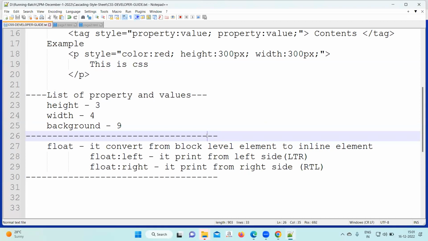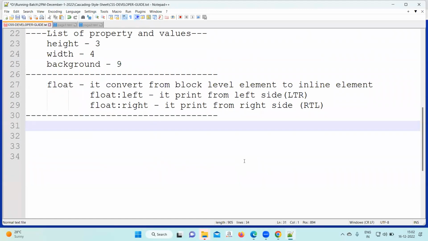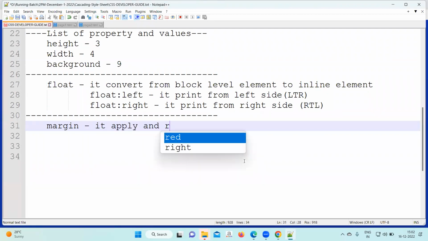Even there will be a requirement like this: the white element should overlap a little on the orange element. How to do that? All are part of the next property called margin. Okay, so we can write one example of margin, and then we'll come to the HTML page again. So right here, margin. What is that? It applies and removes spaces